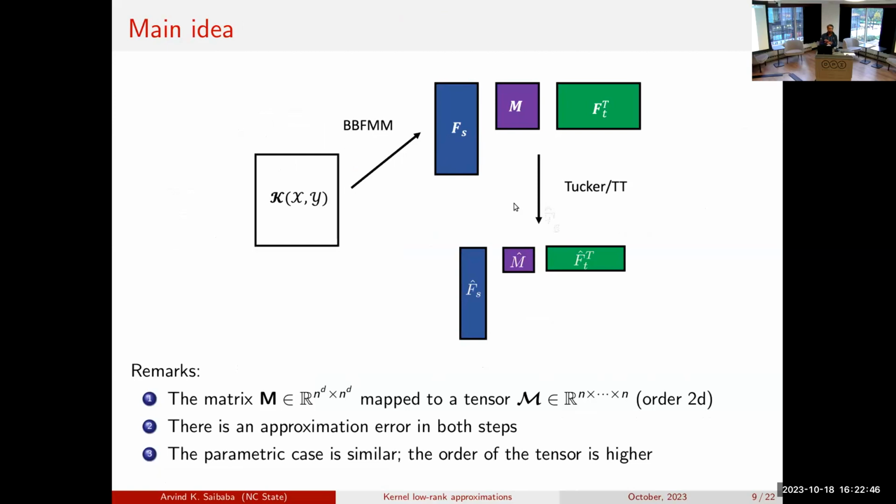And then you have to massage the factor matrices somehow. The details of that I'll skip. It's not that difficult. In the Tucker case, you're going to end up with some factor matrices. The matrices F sub T and F sub S have some structure, even though I've written them as dense matrices, so you can exploit that structure to do it efficiently. In a tensor train, you have to do slightly different things, but fundamentally, those are the 2 steps of our algorithm. The parametric case is very similar. The only difference is that the middle core matrices are the ones that are parametric.